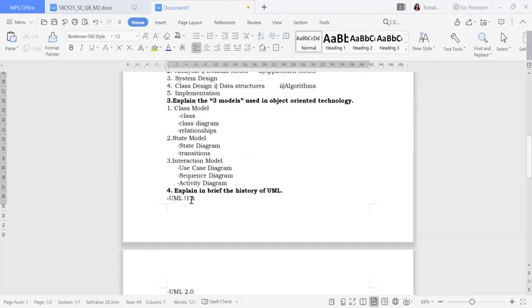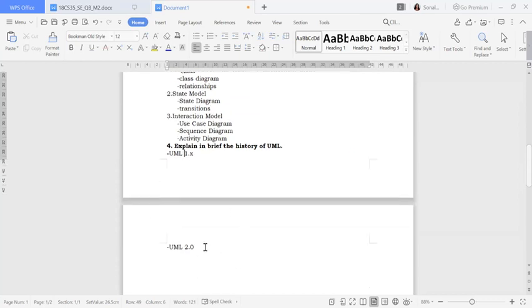Whenever you write these two points, you have to elaborate when these semantics were introduced, in which year they were introduced. All these things you have to explain about these two points. And if it is a 4 marks question, you have to add what you mean by OMG.